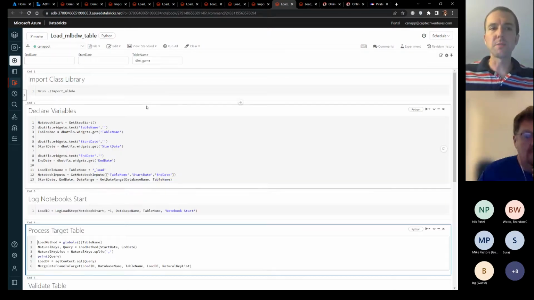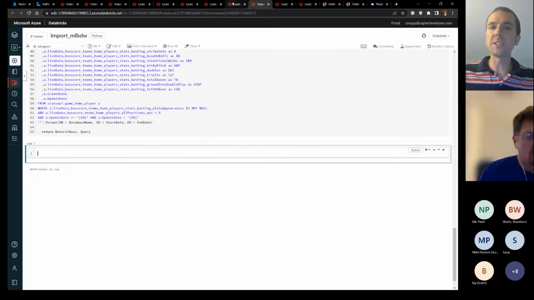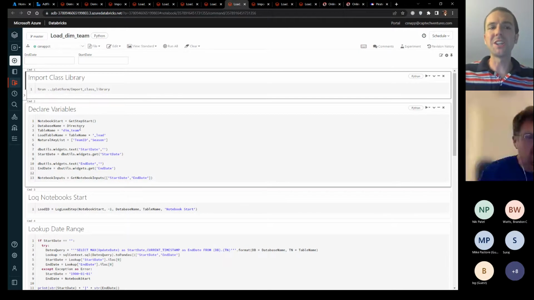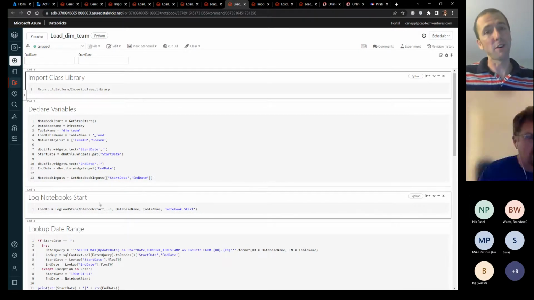I actually think this is perfectly valid, but if you change your template and you want to change how the template behaves, you have a lot of artifacts to change. At my last client, we got over 100 tables in our data warehouse, and the minute we wanted to change anything, it was a lot of code refactoring. So I wanted to get away from that and show a different approach.